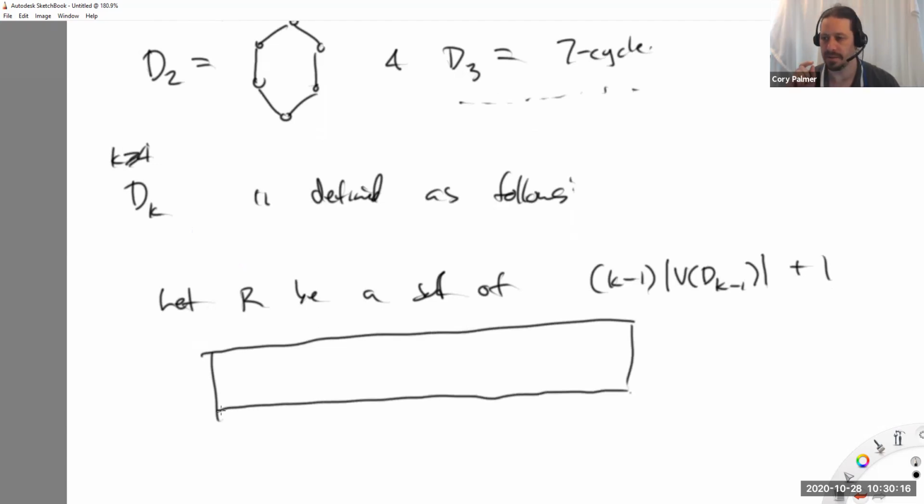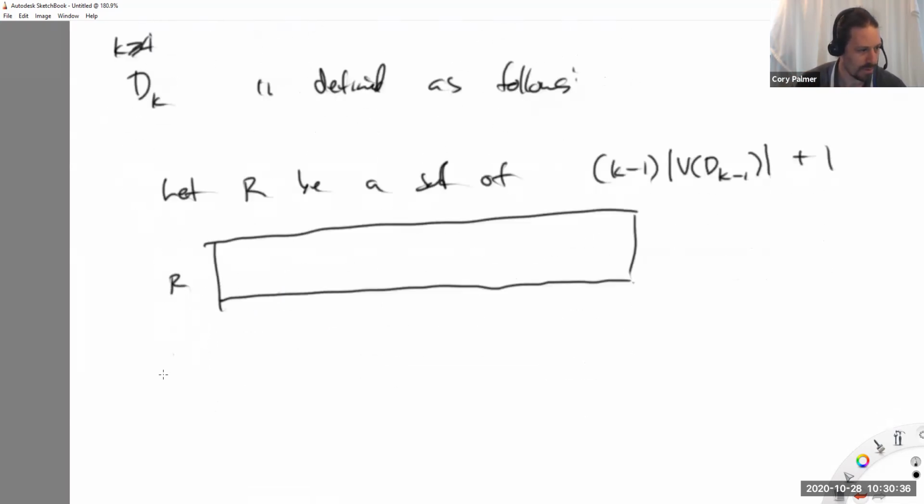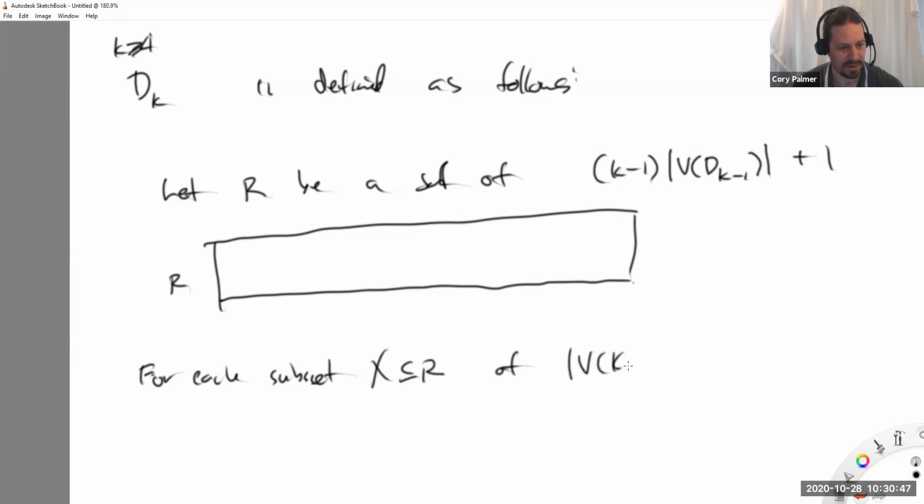Now in Zykov's construction, each vertex up here had a unique pattern of individual vertices below that it was joined to. Here, instead of naming each vertex, I'm going to create a graph for every subset of vertices here. Somehow it's more compact. So what I do here is, for each subset X of R of exactly |V(D_{k-1})| vertices,